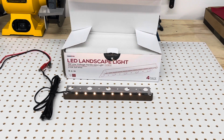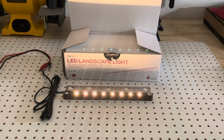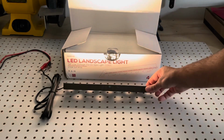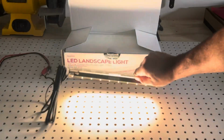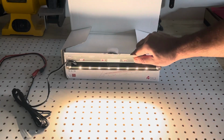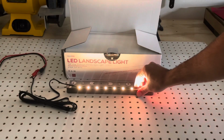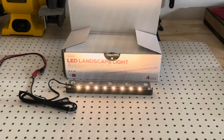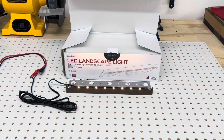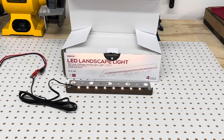The temperature of the light is pretty accurate. I believe it when they say this is 2700. Let me turn off some of the lights. It'll be difficult for you to judge temperature over this video because there's a lot going on, from my camera and also the YouTube compression. But from my experience, it does make sense that it's 2700 or so. It's definitely less than 3000 because I've seen 3000, and I really think it's more than 2500. It advertises to be a 2700K soft light, which is my preference for most of my lighting,